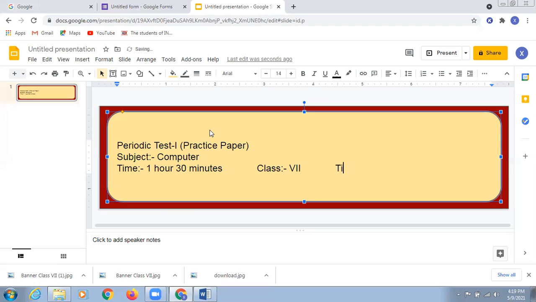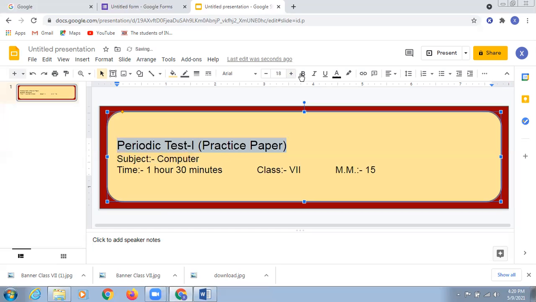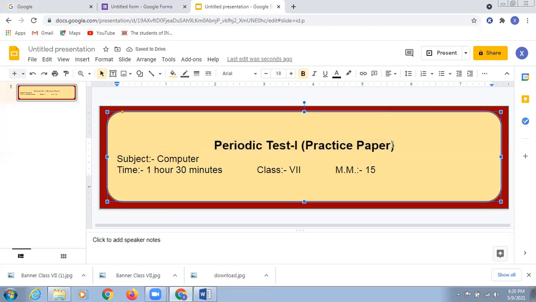Okay, time I have already mentioned here, and there is the maximum marks. For the demonstration, I'm just going to mention it as 15 here. So kindly concentrate. I'm just going to select this information, first of all, select this one and completely increase the size, make them bold. And here is the option. We are just going to click here and select it as center line. And if you want to give an appropriate color to the same, you can apply, no issues with that.